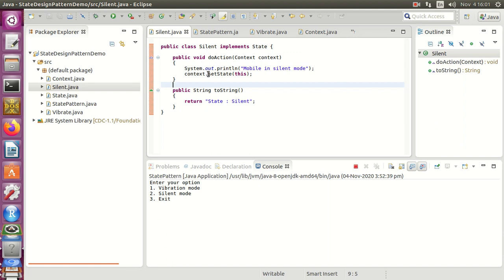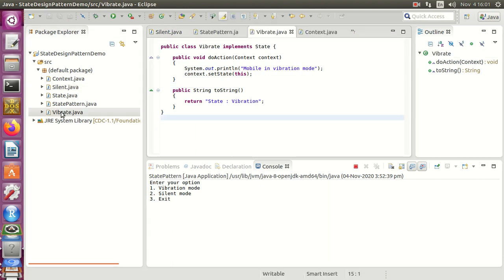Here you can see the do action method accepts the object of the context class, and we are simply printing the message mobile in the silent mode. Depending on the current behavior or current state, we are setting the next state of the context class.